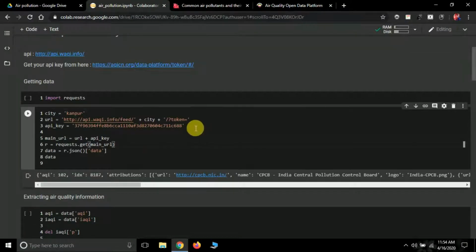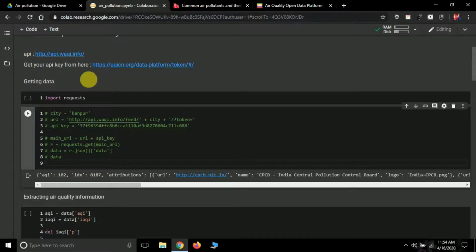See here, I have already got my API key, and I have already stored it in an API key variable. But let me comment all this out so I can explain the coding part. I hope you have got your API key. Even if you didn't get one, you can just use my API key. First of all we are going to use the requests library of Python to access this API. Remember, this is not available in normal Python, so you have to first install the requests library, which you can do simply by pip install requests.